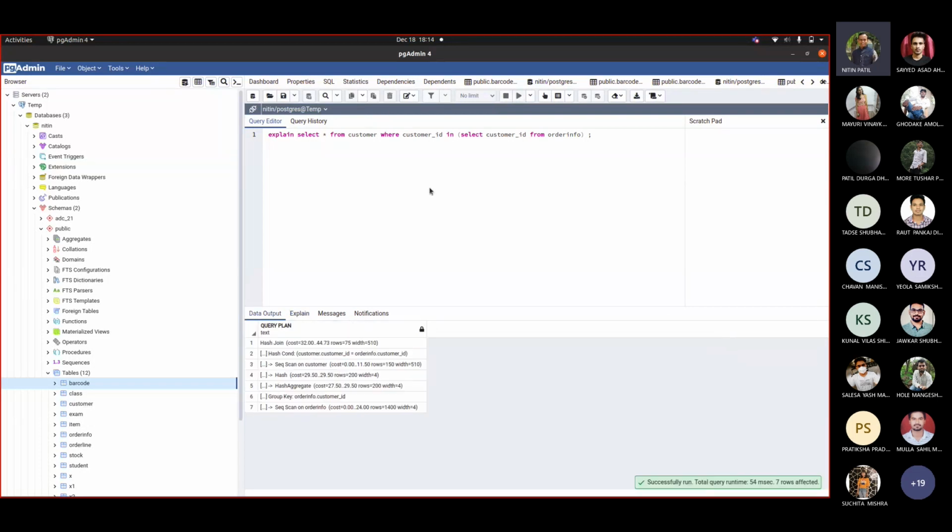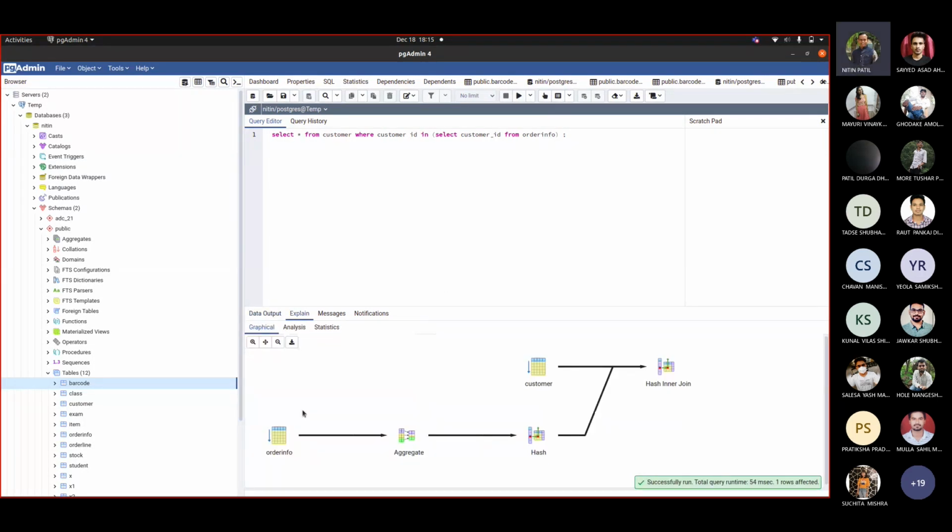If I execute this, I see this plan. Can you parse this query plan and show me the graphical result which was shown here? Correct. So it is a translation of that plan only. Read the text and translate it into graphics.